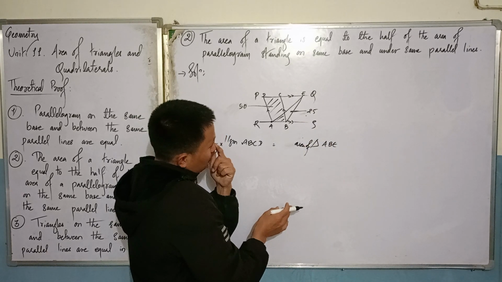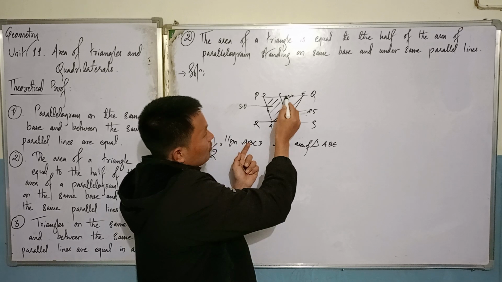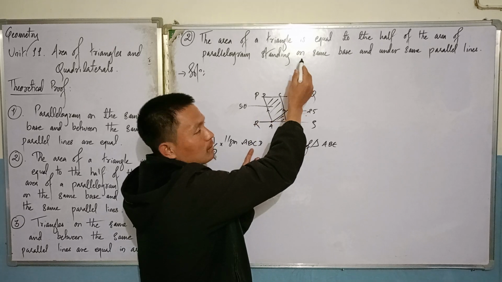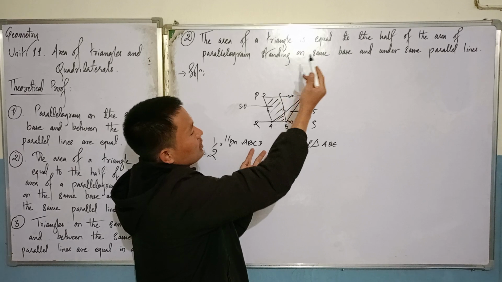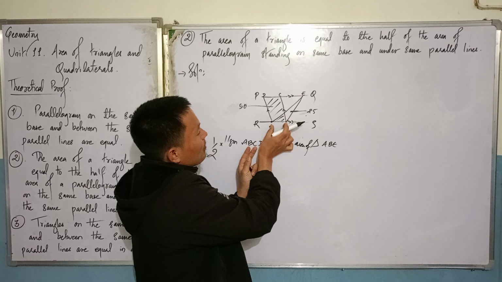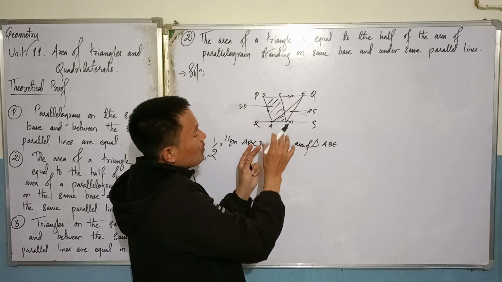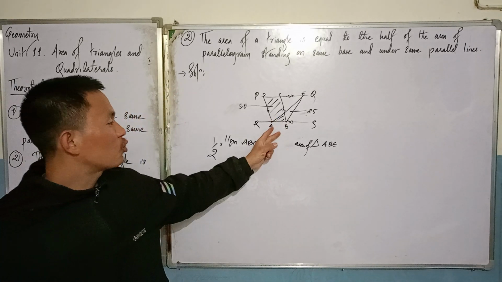So they just have to be on the same base and between the same parallel lines in order to establish this relation, as stated by this statement. If they are standing on the same base and between the same parallel lines, then the area of the triangle will be half of the area of the parallelogram. So we'll try to prove this